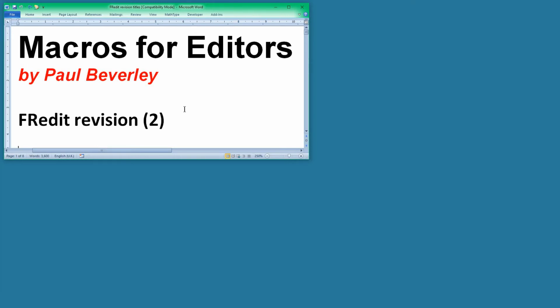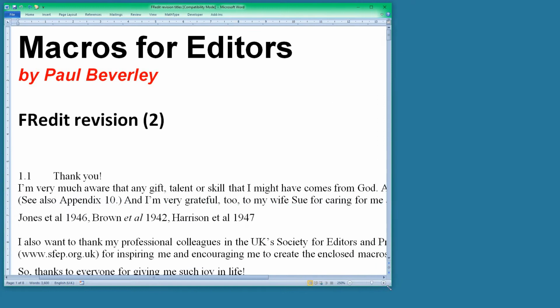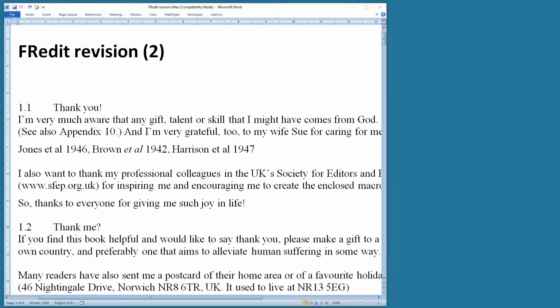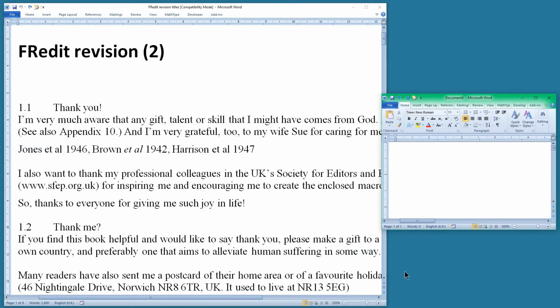So if you remember, we could make some changes to the text, and at the same time we can add an attribute such as italic. So let's just do that. Let's find some text first. Open this out a bit, see some text there, and let's have a file that we can work on for our list,